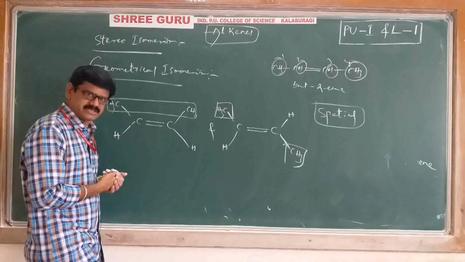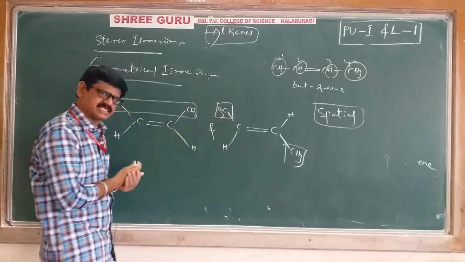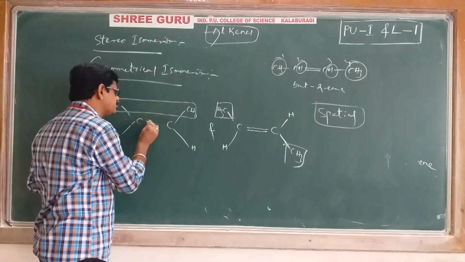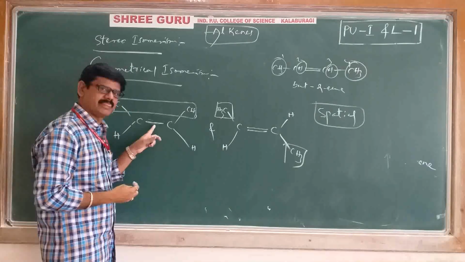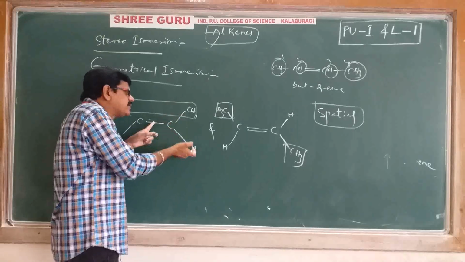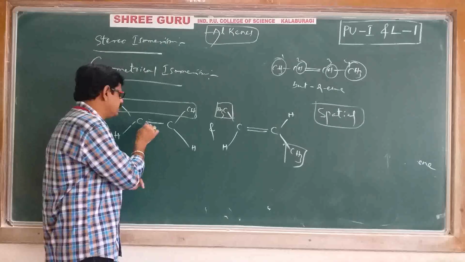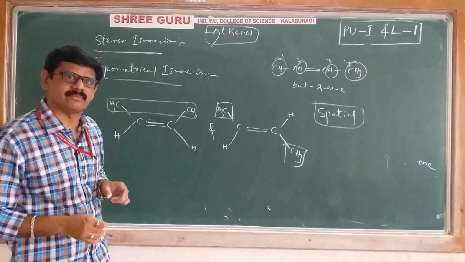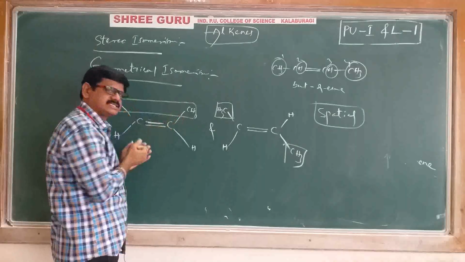My first question is whether structure 1 is possible to convert into structure 2. Let's check now. Just imagine, suppose it is a single bond, just for instance. If it is a single bond and you rotate this second carbon like this, hydrogen will come here, methyl will come here, and you will get that structure. But unfortunately, here we are having a double bond. If a double bond is placed, then if you rotate the second carbon,